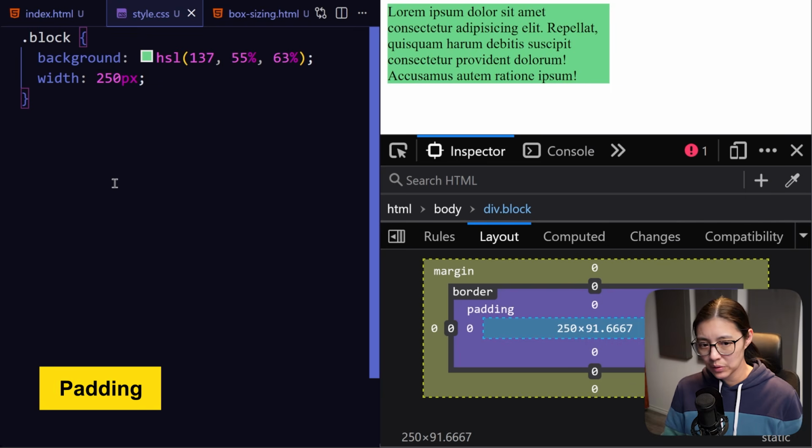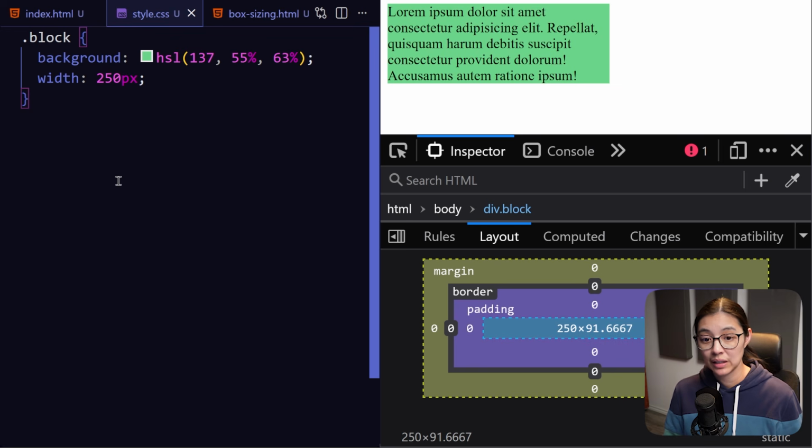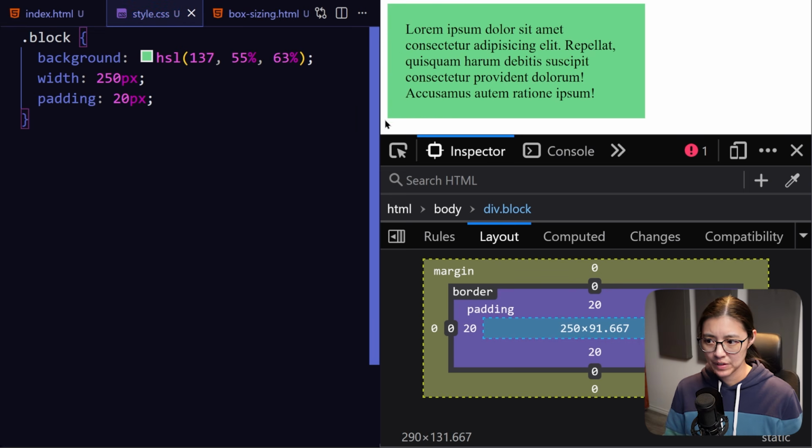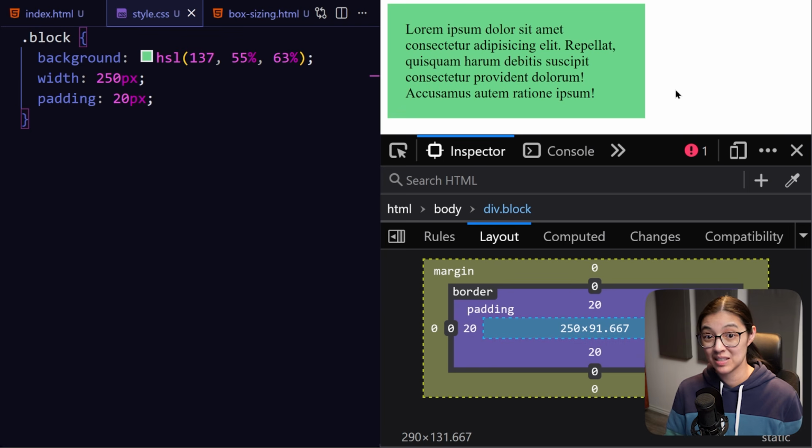Okay, so we've talked about the content. Next up is the padding. So outside of the content, you can add a layer of padding, which is basically adding space around the content, but still within the overall bounds of the element. So let me show you what that looks like. So in our styles, I'm going to add padding 20 pixels. So I've added 20 pixels of padding so you can see on the website the text doesn't seem as cramped